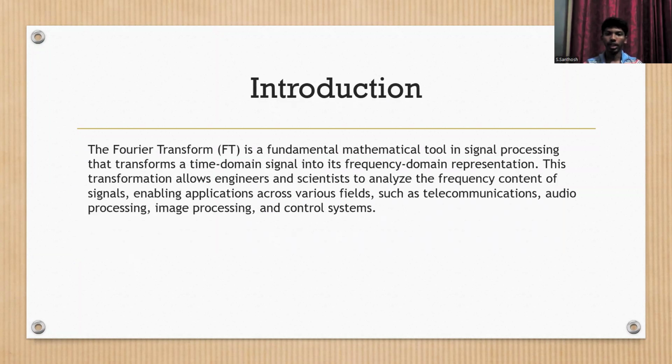The Fourier transform is a fundamental mathematical tool in signal processing that transforms a time domain signal into a frequency domain representation. We do know that Fourier transform is mainly used to convert the values of the data that we have from one domain to another domain, as you can see over here, mostly from time to frequency domain. The advantage of this is it makes the data studying or the processing of data much easier. We'll be able to study and analyze the data even more robustly and efficiently when we do the